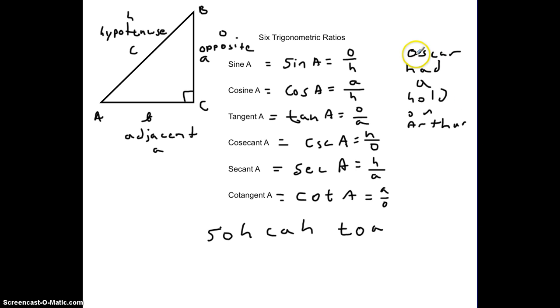Or you can remember Oscar had a hold on Arthur, sine would be opposite over hypotenuse, cosine would be adjacent over hypotenuse,